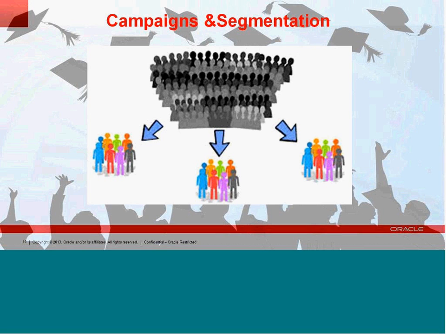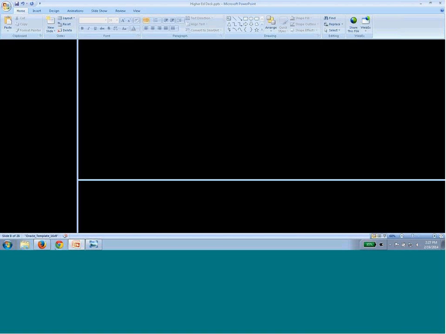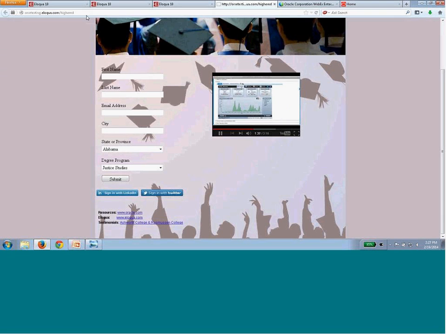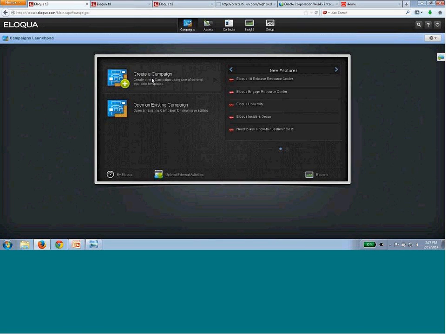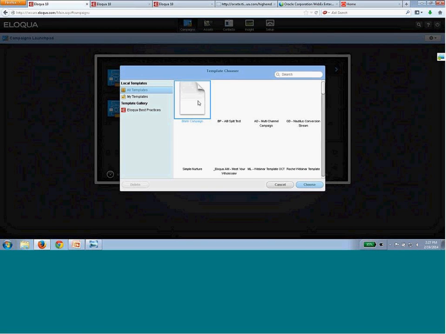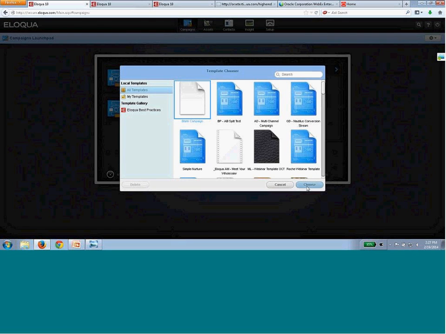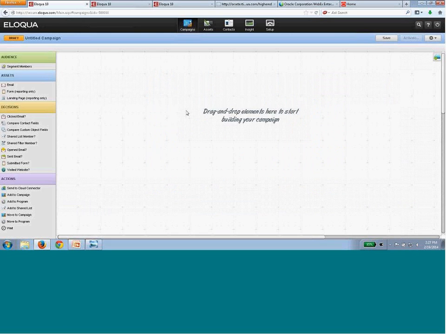And what we can do from there is we actually have an example here in Eloqua as far as how to build a campaign, and you can see how easy it is to actually launch a campaign in Eloqua. Eloqua is known for a lot of things, but one of the components that really separates Eloqua from a lot of our competitors is how easy it is to launch a campaign. So we can have our segment here, and we can just drag and drop these different modules into